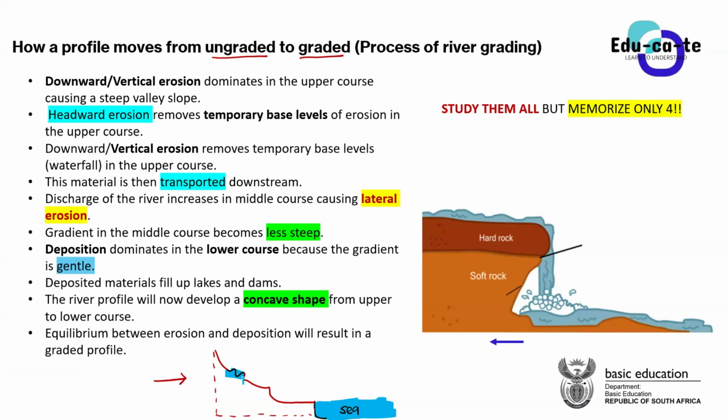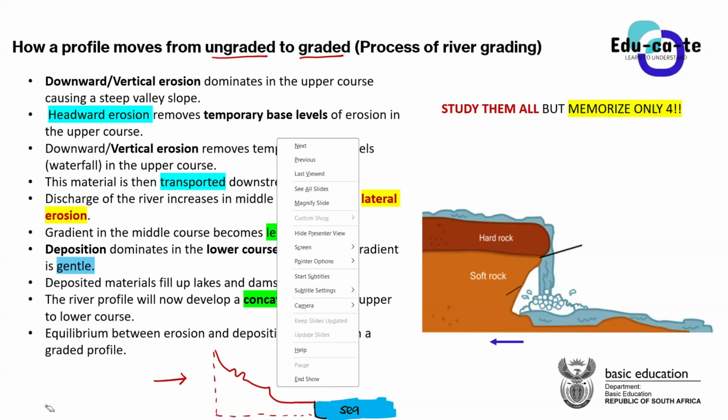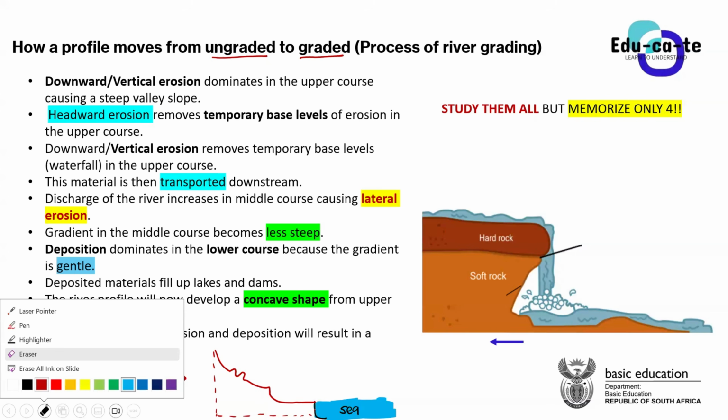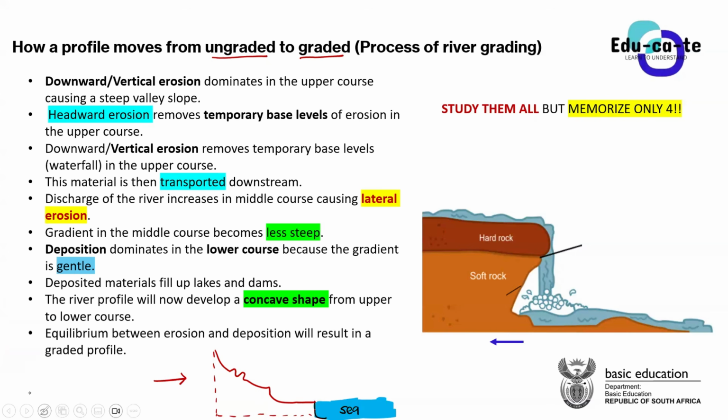It has got an obstruction here. This doesn't look so smooth. It has got a nick point here. This does not also look so smooth. So this is an ungraded river profile. Let me just say that these obstructions here, we call them rapids. We are still going to do fluvial landforms properly, but basically, let's just say these are rapids.